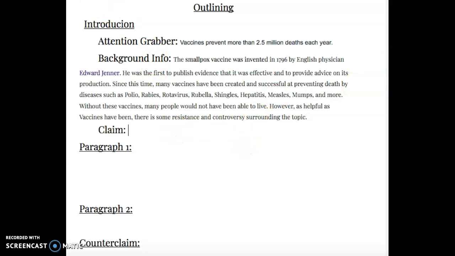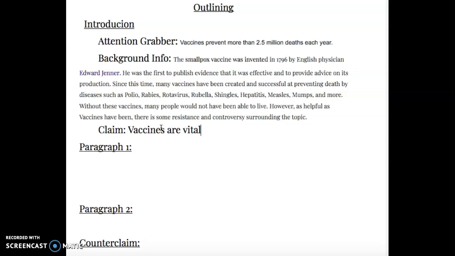The next thing that I would do is put my claim. You've already come up with your claim last week. This claim is where you stand on that topic. So without using the words I think or I believe, because that puts you into it, and your opinion is not what we're writing about. This is an argumentative paper. You have to write your claim. So my claim is